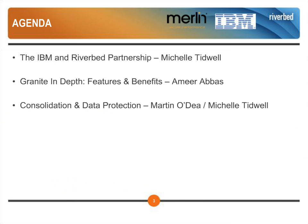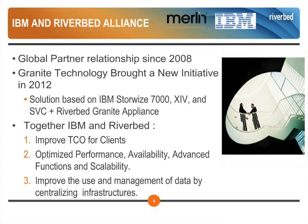So regarding IBM and Riverbed, we've had a global partnership since 2008, so it's pretty long running, and we've done that across multiple lines of our business, but in 2012, Riverbed introduced a product called Granite, and this provided a new initiative and a new opportunity for IBM and Riverbed to work together. So today we're going to talk about the solution that we've implemented together with Riverbed based on the IBM StoreWise family, XIV, and our SAN Volume Controller, which Marty's going to cover in great detail, together with the Riverbed Granite